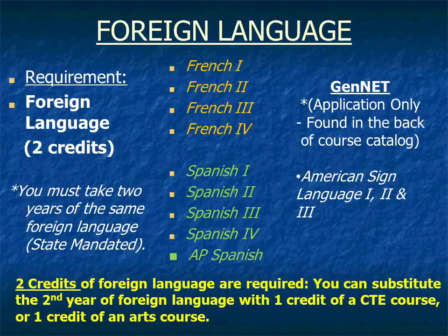For example, after taking Spanish 1, French 1, or ASL 1, you can choose to continue the second year of that foreign language or pick a 1 credit CTE or additional arts credit. If picking an art, this has to be in addition to your already required 1 credit of art. Please be cautioned that some colleges and universities will not even consider your application unless you have 2 years of